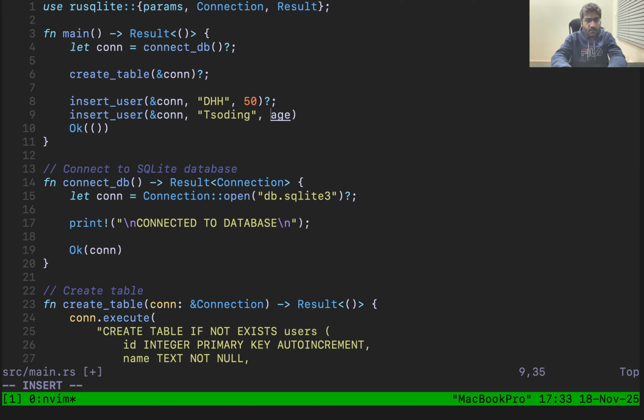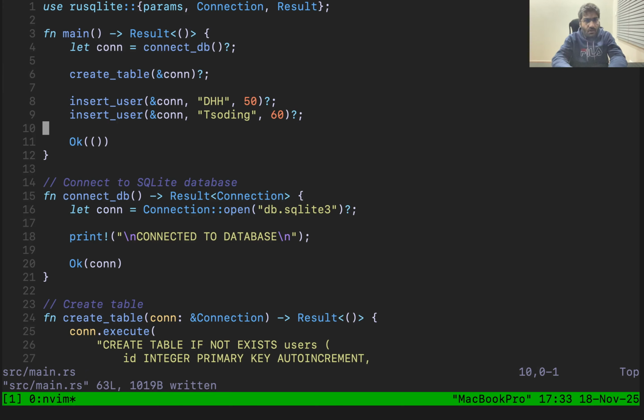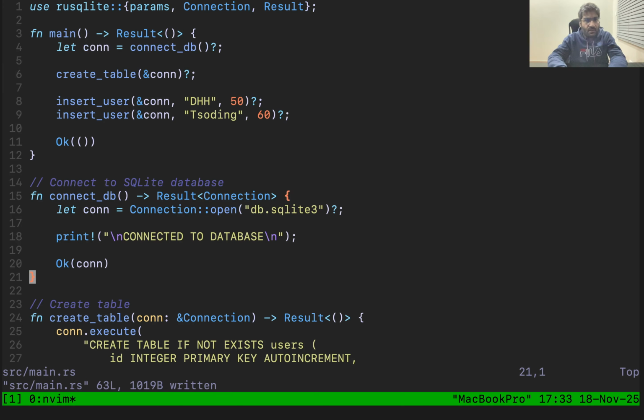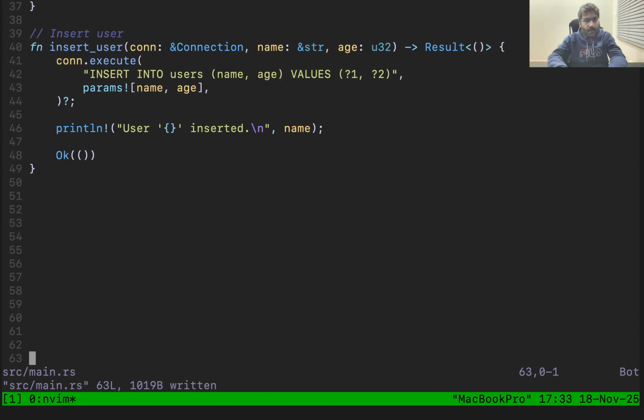Okay, and we are saying that it should be a 60 age. Okay, so now we don't have any kind of errors. We have made a connection, create table, insert a new user. Now, what was the next part? Okay, so the next part will be